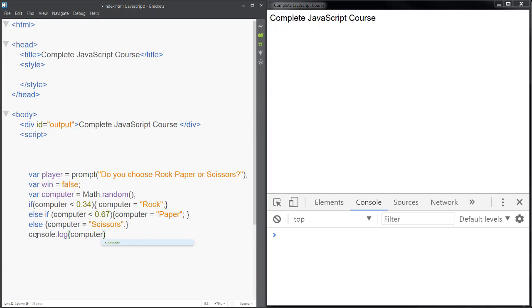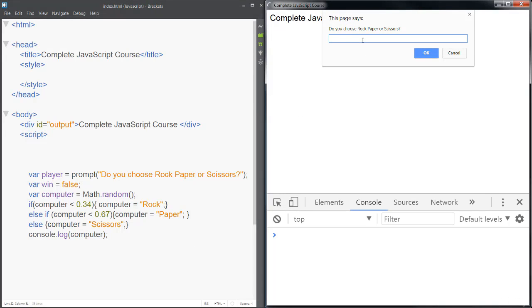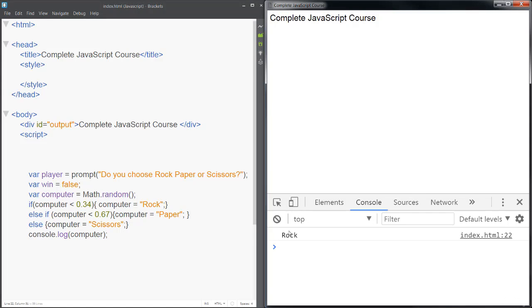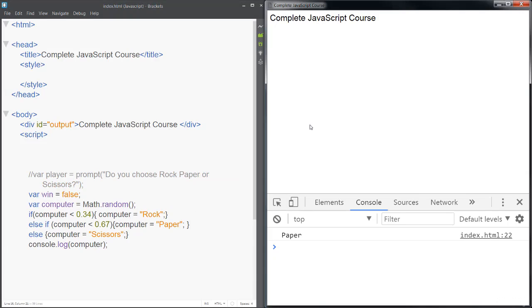We'll output it into the console, so computer, and save that, refresh, and we see that we need to make our choice. So let's do rock, and we see that computer gets rock as well. So it doesn't matter how many times. I'm actually going to disable this for now, and I'll just show you. I'm just going to refresh it a bunch of times, and we can see that we're getting all 3 different entries. All I'm doing is just refreshing, and if you look down here in the console, we're making one of the selections, so it's either rock, paper, or scissor, and there's roughly a 1 in 3 chance for each one of those. So that really is the basic functionality of the game,